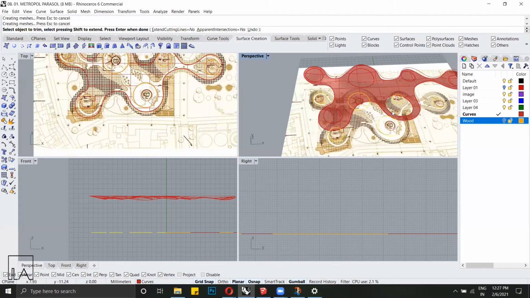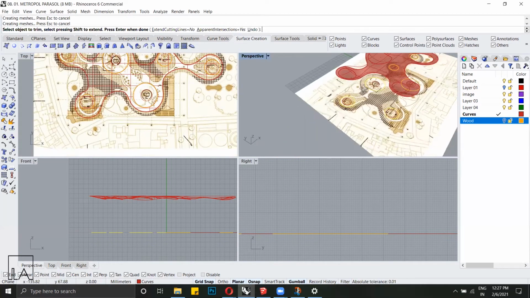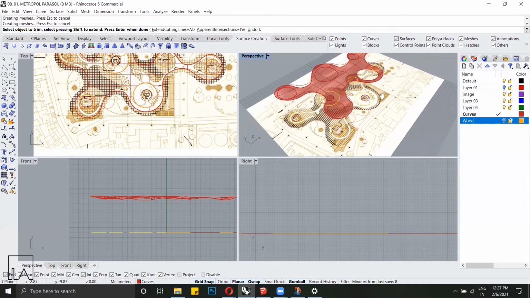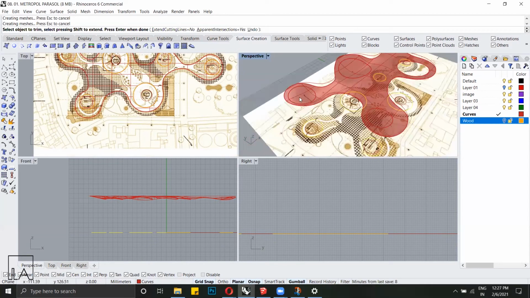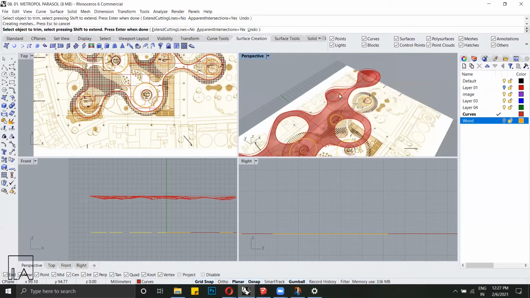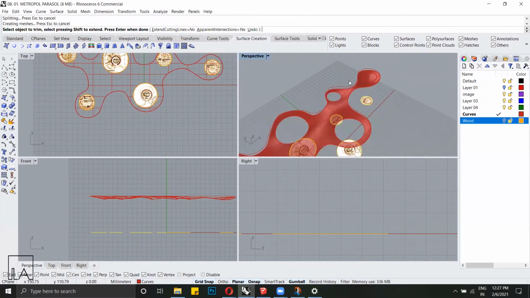So you can see once I've done the first trim, it gives us a preview of all the other trims that it's going to do. So all you need to do at this point is just select within the circle of each, and it pretty much completes the trim as we need it.